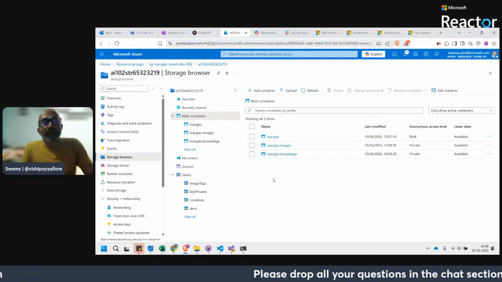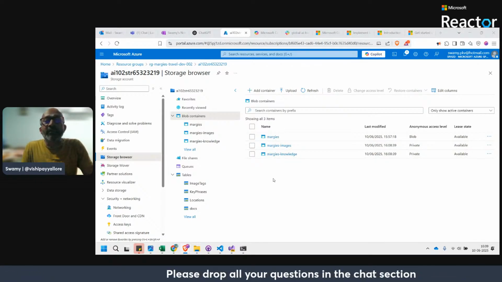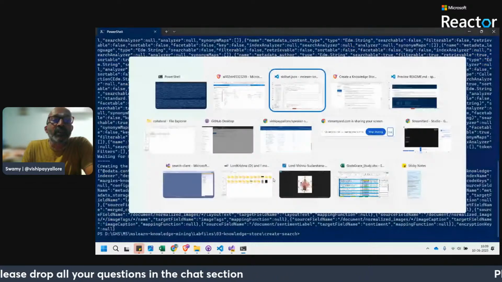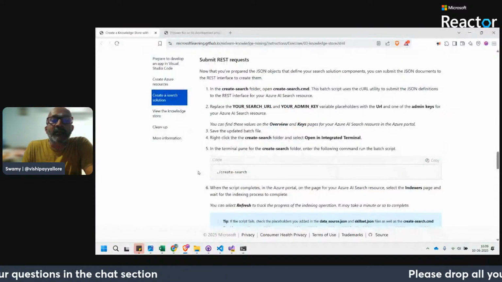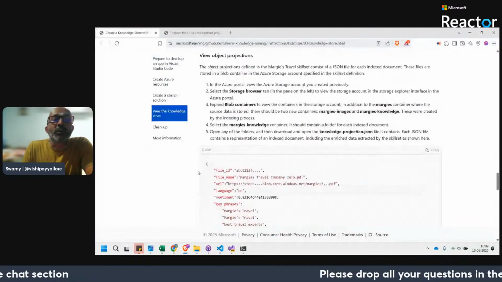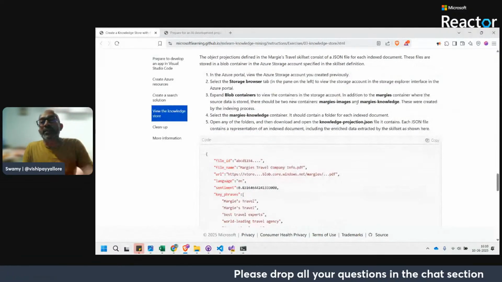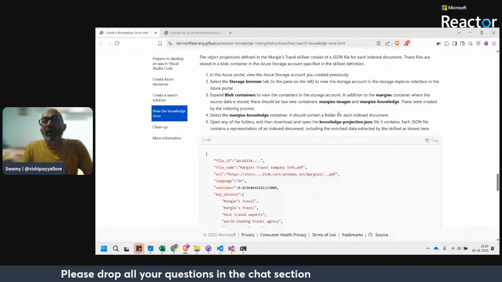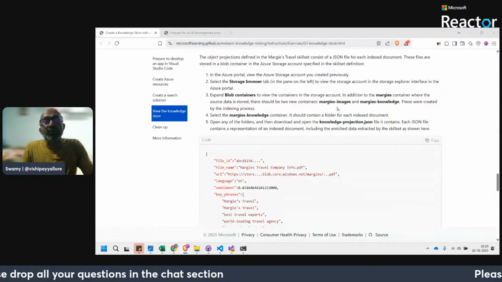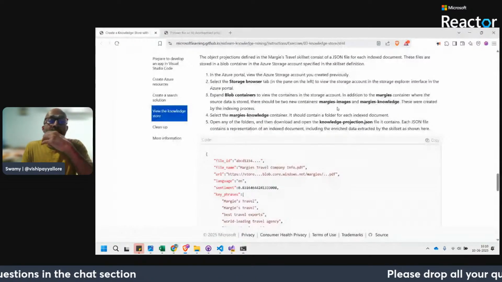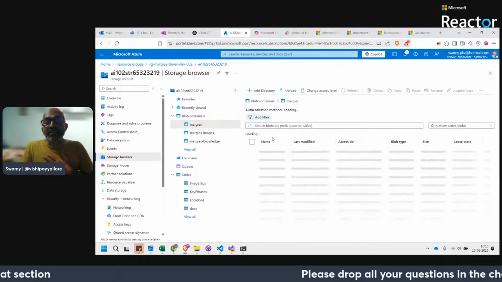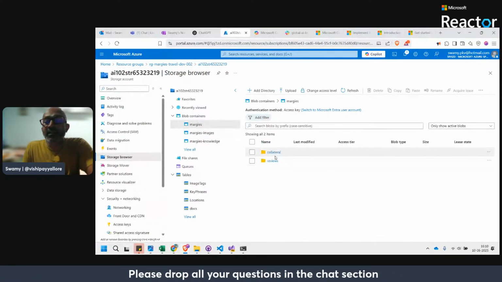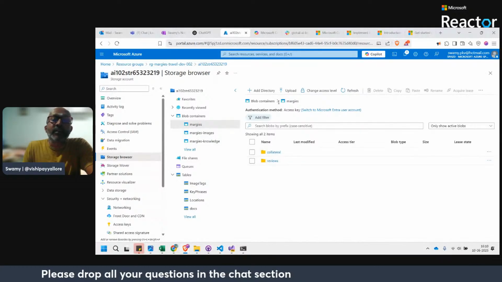We'll come and we'll do a little bit of a dive, if not a deep dive, at least to a decent extent. We'll view the knowledge store, and we can go into the blob containers. In addition to the Margie's container, we will have two others: images and knowledge store. So let's go there and we see Margie's, which we already created. Previously we created the collaterals and the review material is there.